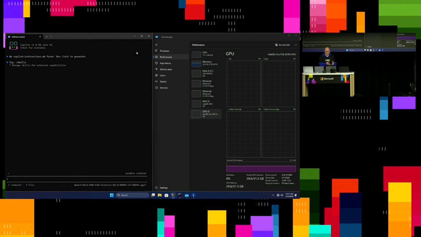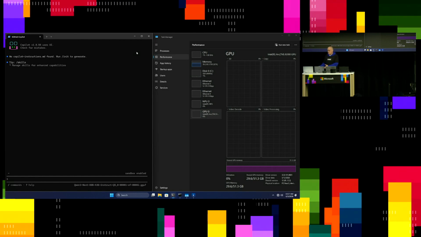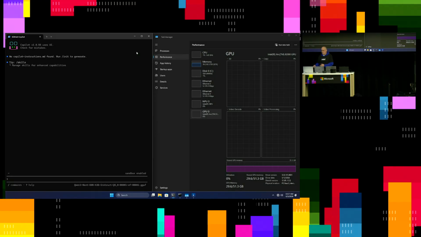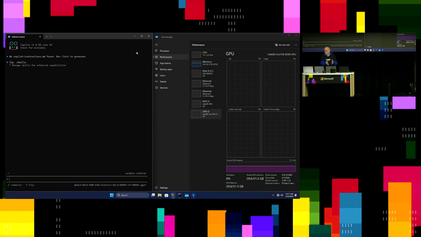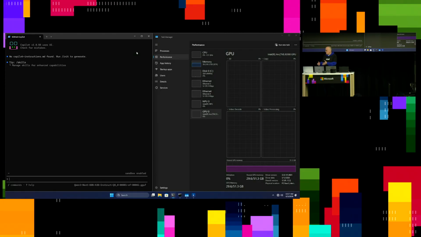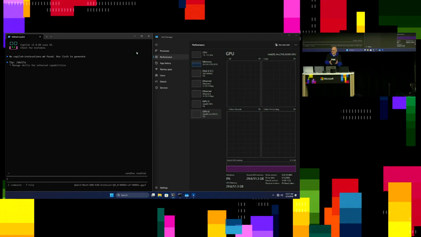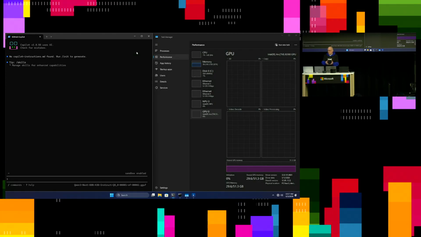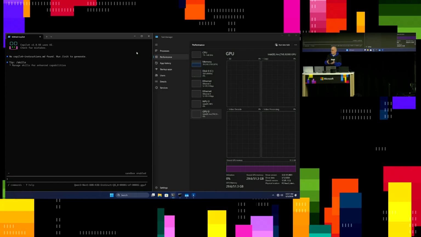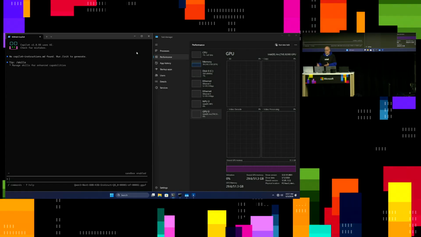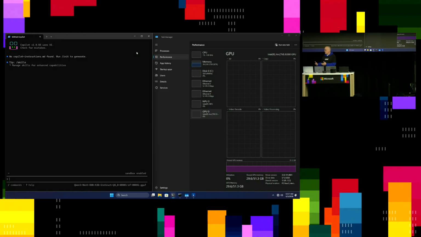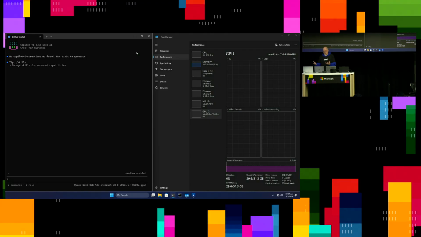So when you compare this to some of the other solutions out there, you might get a little more speed, but this is really, really flexible. Even a single system is really potent. So if you were to buy a set of these, you know, it's almost cheap enough to put one on every developer's desk and let them work with the larger models before they move on to more enterprise capable solutions.